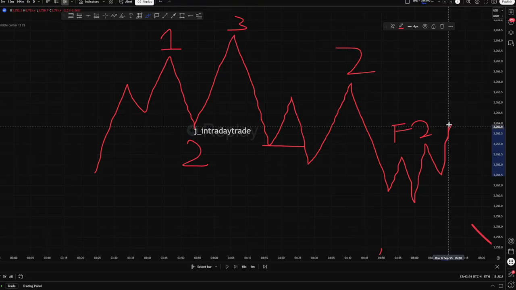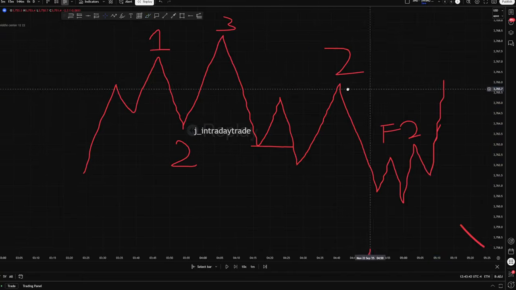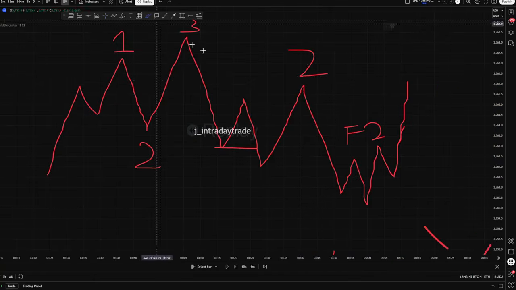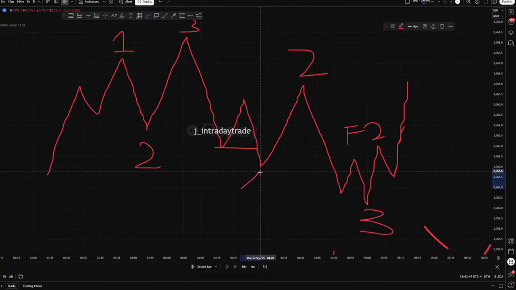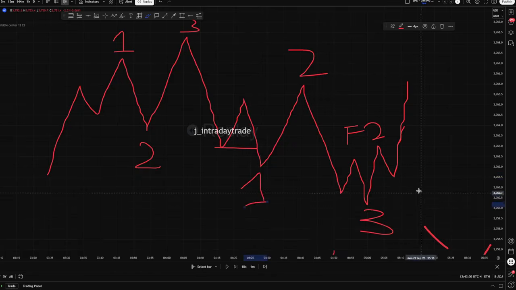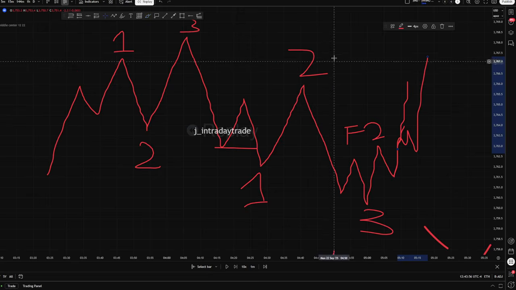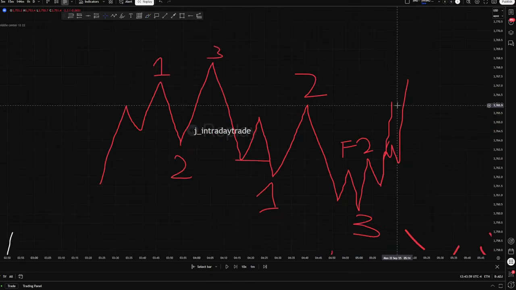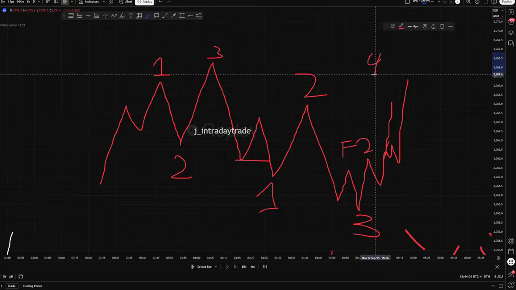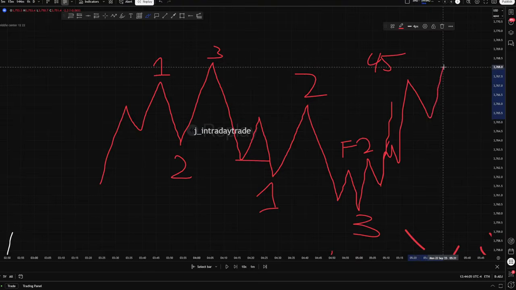Price runs higher, sweeps that high. You were not able to participate in price over here. We sweep that 2, which means that what? That's a 3, and that's a number 1. And then you might have this very tiny movement in here actually to participate in the move to the upside. Now we're in that 4 or 5 up here, right? And price does this into that.